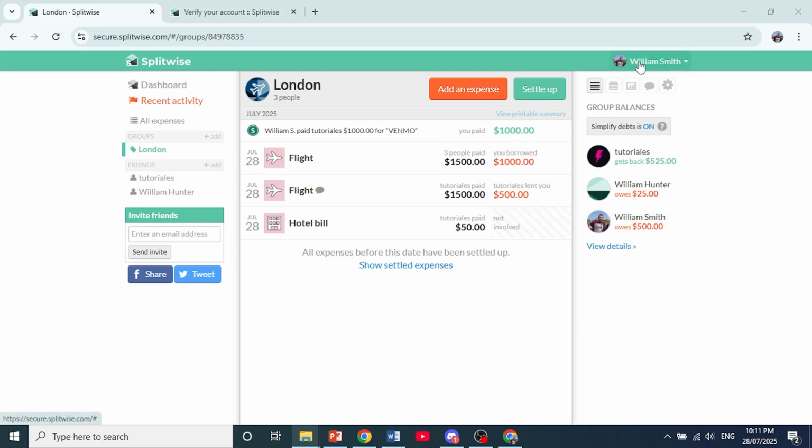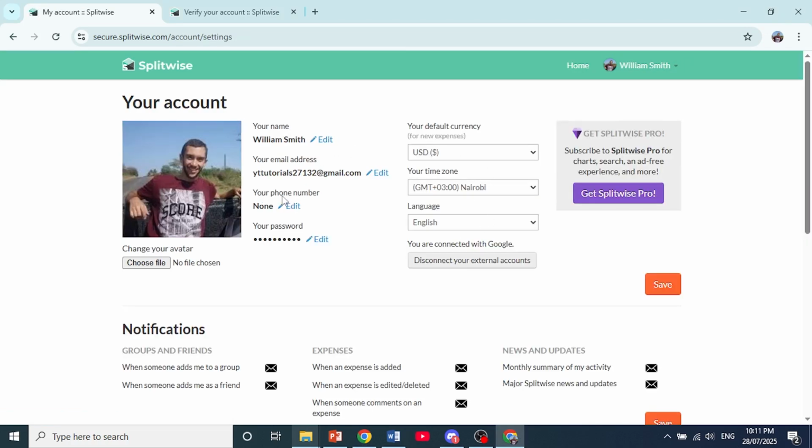Once you're logged in, click on your name or your profile icon, click here on your account, and then I want you to click here edit on your phone number. Choose your country. So this is my country right here, and then enter your phone number, and then just click